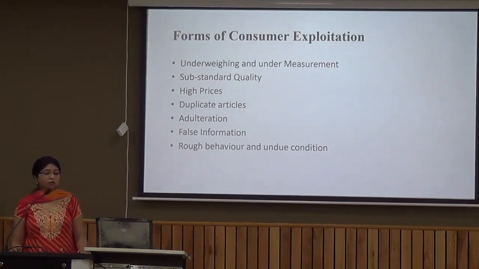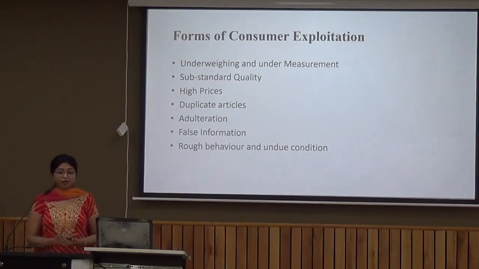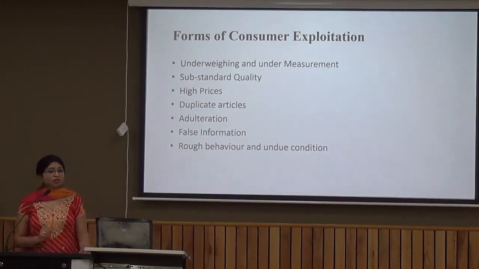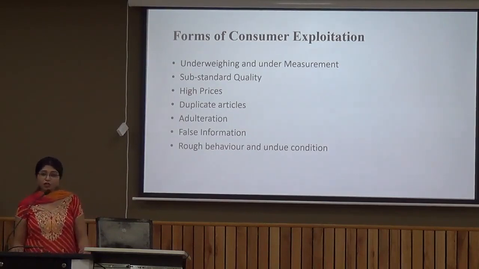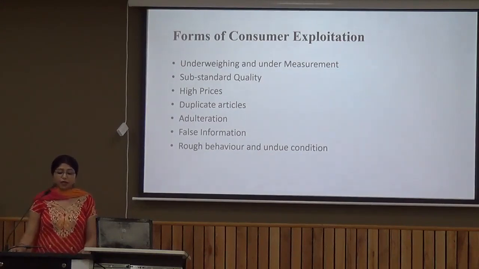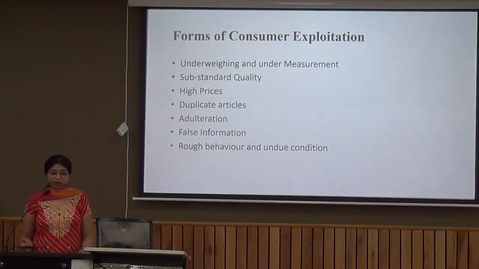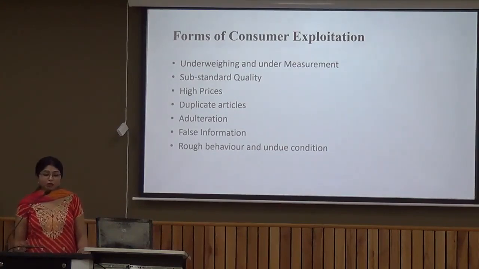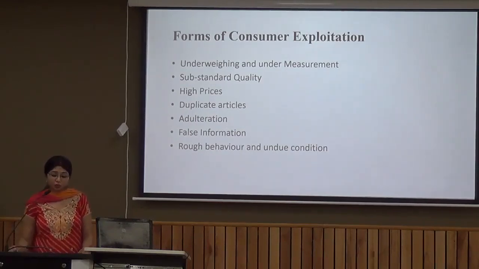When we go to the market to buy something, sometimes the producers, the sellers, weigh goods less, and also the measurement is not correct. So this is one kind of exploitation of the consumer in the marketplace. Second one, substandard quality. Sometimes they provide us not good quality goods, substandard quality goods at the same rate, and we can't argue with them because we don't have any proof. If we have proof, then only we can talk to them, otherwise we are exploited by them in this way